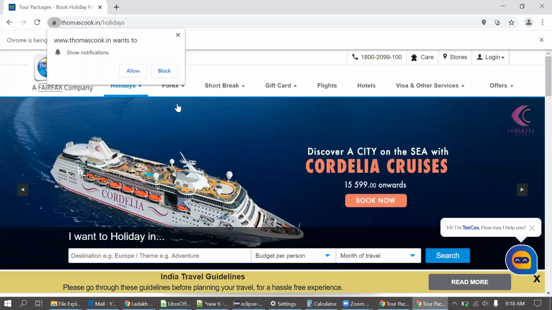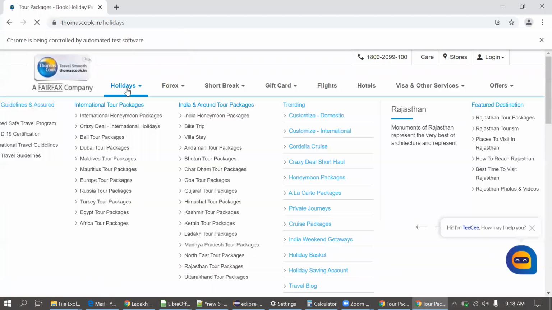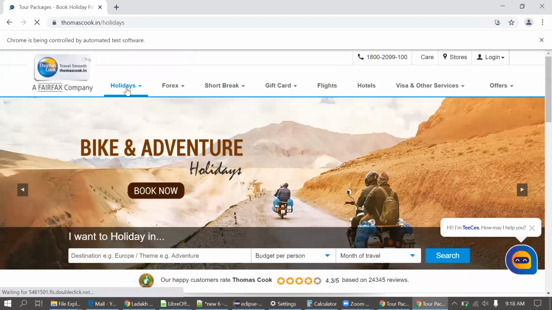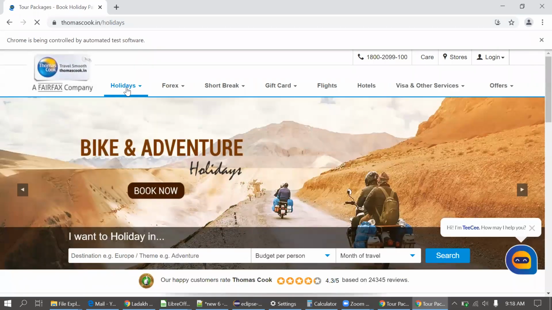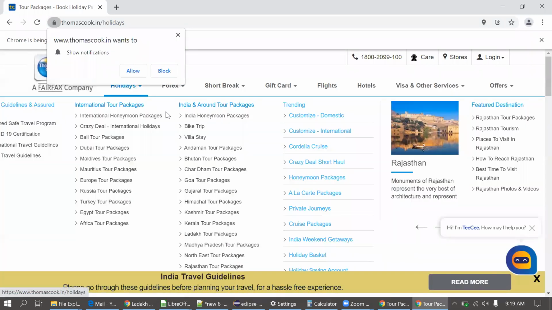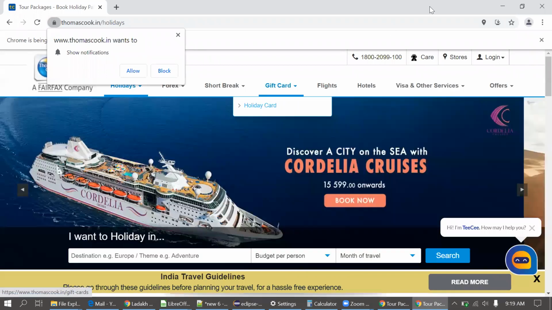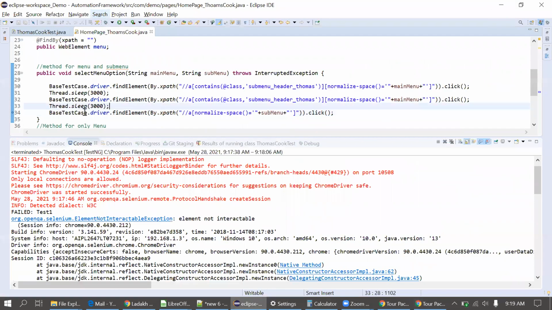But why is it not clicking? Because whenever we click on the UI here, this menu immediately disappears. You can see manually, it is disappearing. I'm clicking once now. See, I'm clicking once, and now you can see it automatically disappeared. Yes, sir. That's why it's not interactable. So I think it's the loading side, that's why it's taking time. Now it's not disappearing. So I'll increase the wait again. I will take 7 seconds here. That's fine, let it be slow for the first time. But we should know the root cause of that failure.